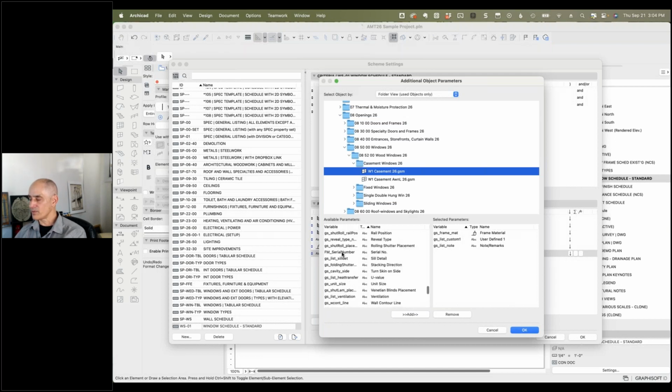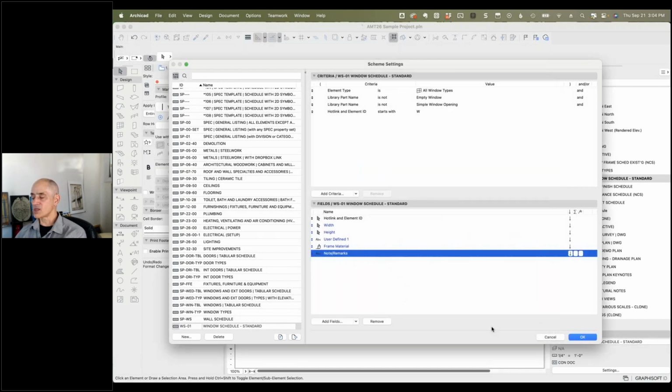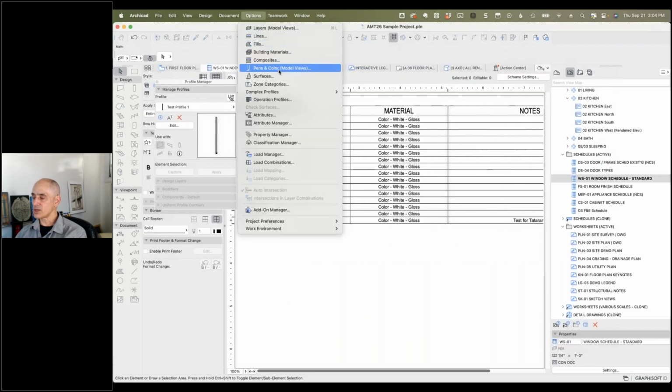So GS list note is already in there. So that's where that particular one is. It's in the library part, and all of the windows in the standard library would have that. So it works. But if you wanted to have this as an annotation, then what you would do is you would go under the options